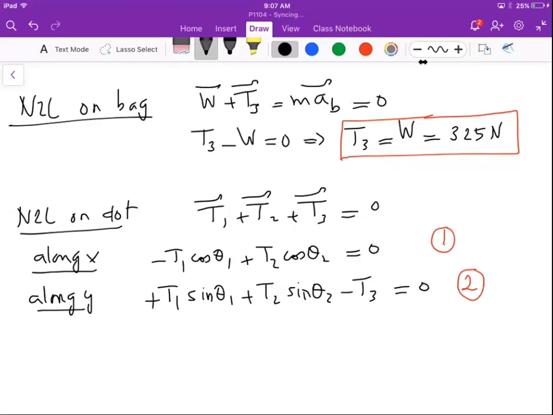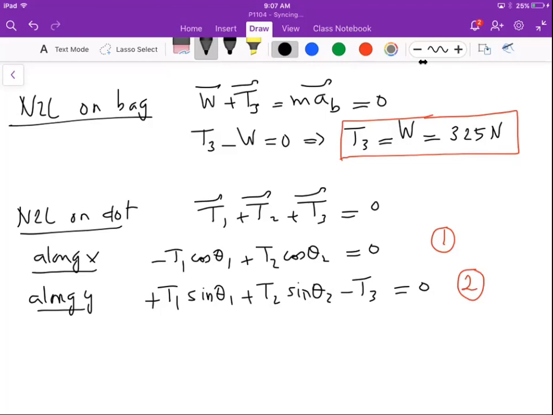So in equation number 2 I get T1 sine theta 1 plus T1 cosine theta 1 over cosine theta 2 multiplied by sine theta 2